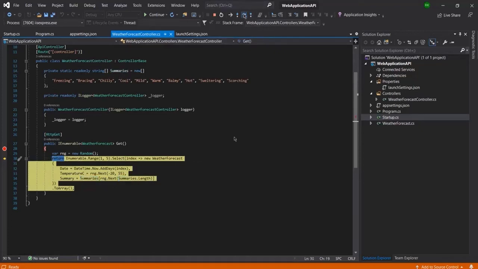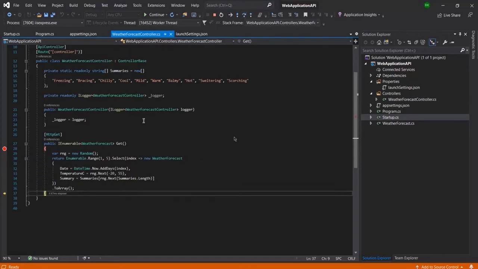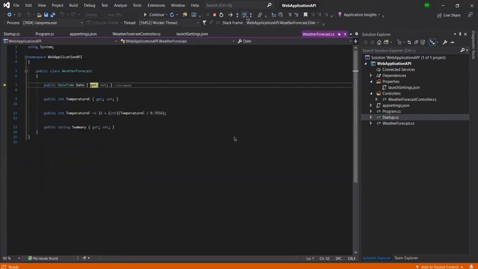Now let me move to the next by stepping over. Here it is passing the range of 1 to 5, and it is selecting the summaries, which are being selected here. Then we step out of Visual Studio. Like this you can see we are getting the response from the controller.